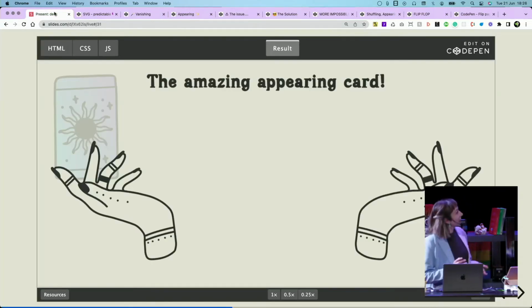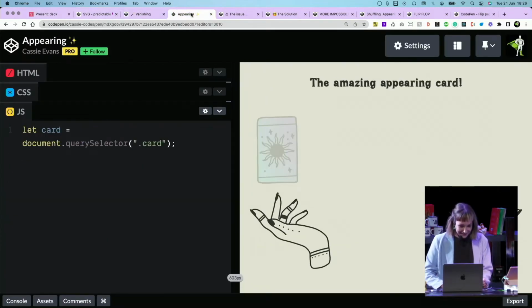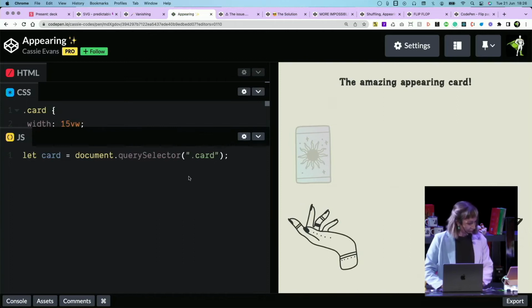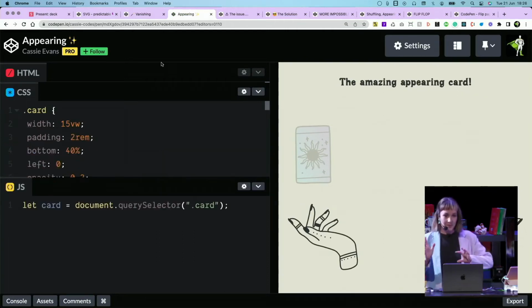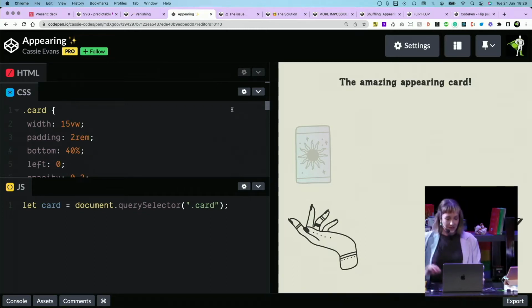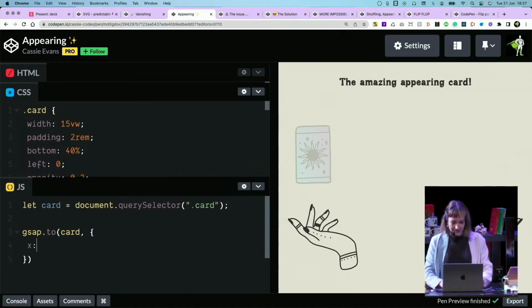Let's make something appear. First off, we want this to be over on this side of the screen, and then we're going to make it appear in the other hand. So we're going to say gsap.to, and we'll get the card. And then we're going to animate it over to the other side of the screen.